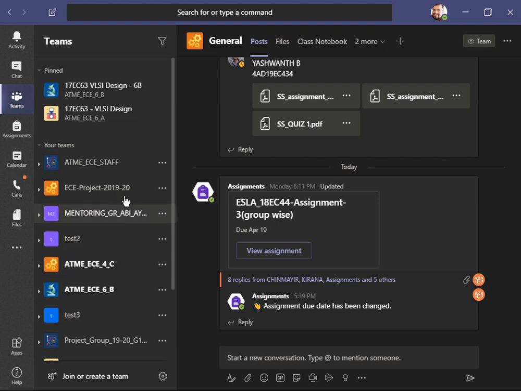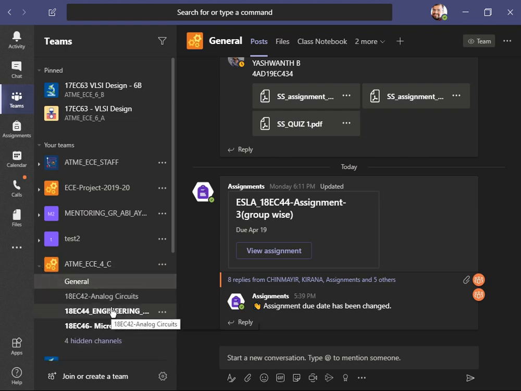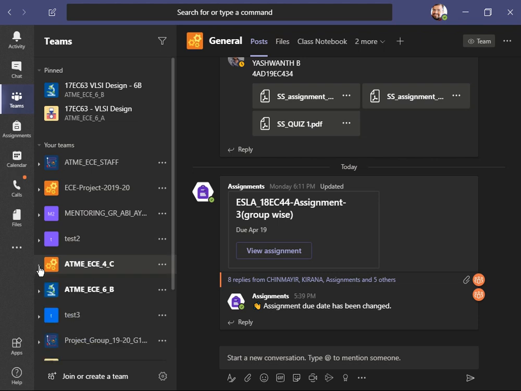I have created a staff group of my own. There we have all the staff, and one group is sufficient. Everybody is there in the same group. So whatever content is there with the staff, we can post there. And similarly, if you have classrooms, you are teaching different classes. Every class can create its own group, and under that what we have done is we have created channels under every group, and each channel is associated with one particular subject. Other than that, whatever work we do with students, we can just add them there.